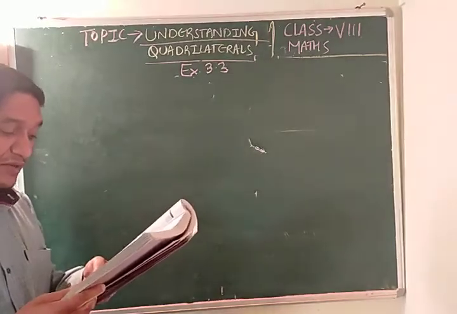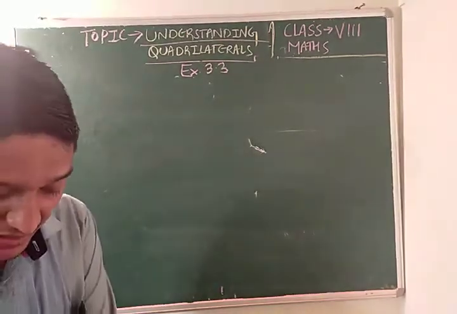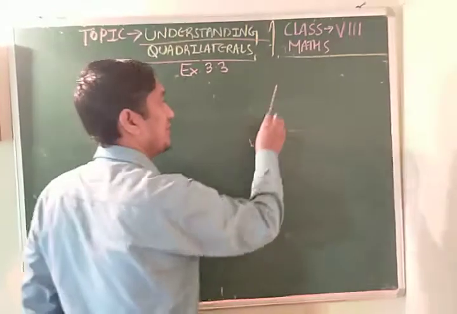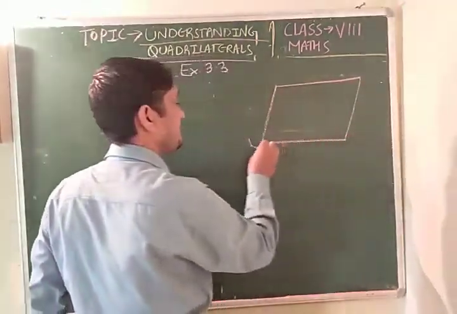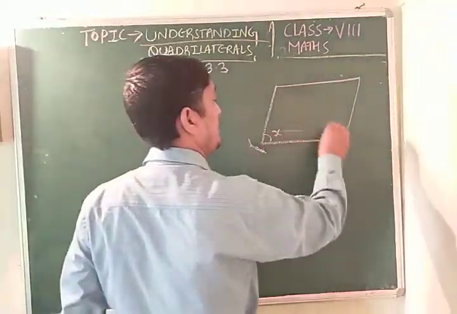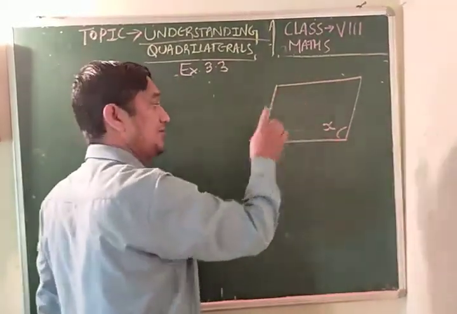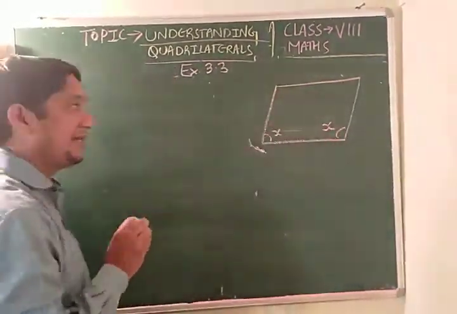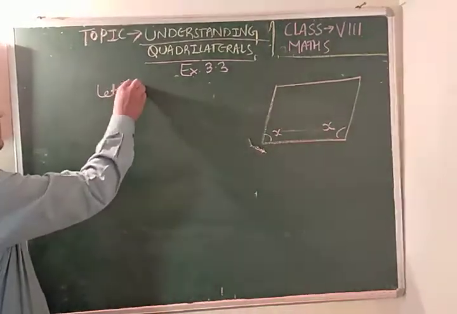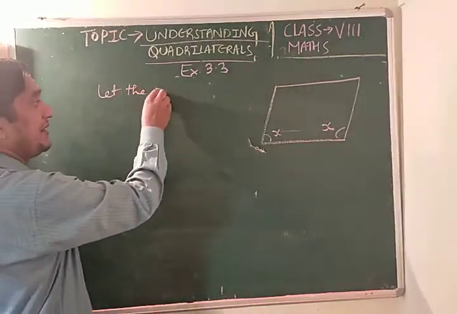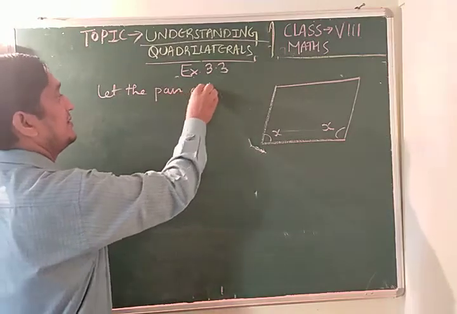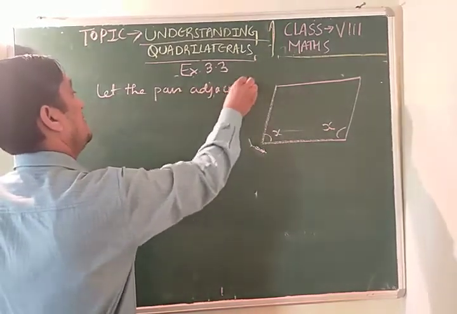Find the measure of each of the angles of the parallelogram. Here in a parallelogram, the adjacent angles are of equal measure. Means if this is 60 degree, this is also 60, if this is 50, this is also 50. So we will let the pair of adjacent angles be